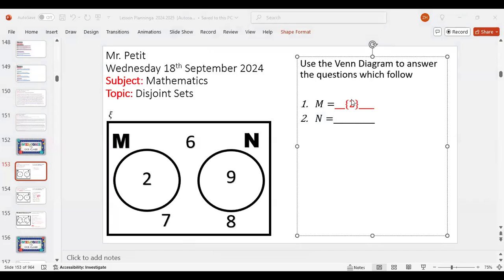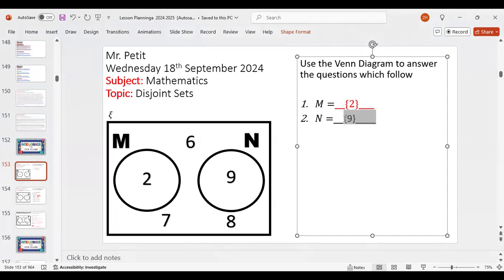All right. So we're gonna put what y'all have for it, because most of y'all got it right. Curly bracket, 9, close curly bracket. Very good. So let's fix that. Curly bracket 9. All right. That's the elements of set N.